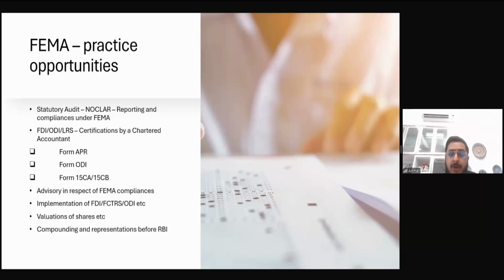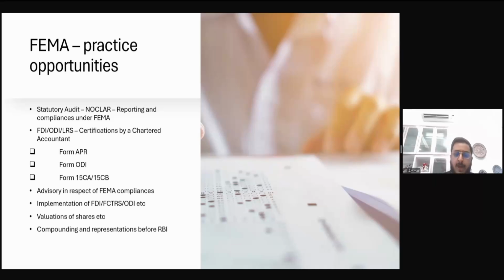A lot of times a client comes to us and needs to transfer the shares of a resident company to a non-resident, and then FCTR has to be filed. Sometimes the non-resident puts the onus on the resident, because the responsibility of filing form FCTR is of the transferor or transferee who is resident in India. So the non-resident will obviously put the onus on the resident company to get this transaction done, and they mostly approach the chartered accountant. You will need to discuss with the non-resident company what requirements and documentation you want from them, and get the documentation done. So we can also help them implement, get the documentation done, get the valuations done,